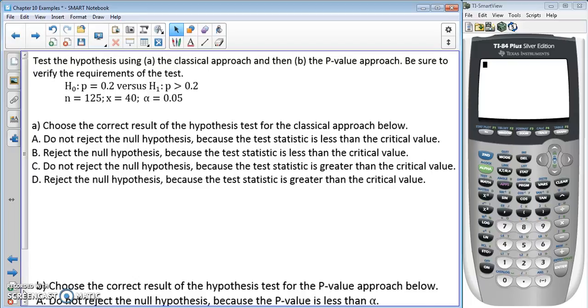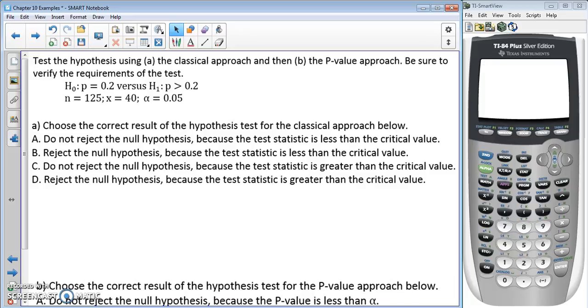Test the hypothesis using the classical approach and then the p-value approach. Be sure to verify the requirements of the test. So our null is that p is 0.2 and the alternative is that p is greater than 0.2, where n is equal to 125, x is 40,